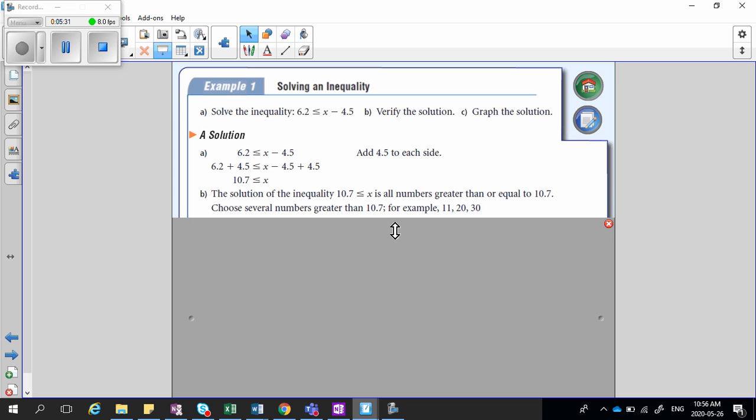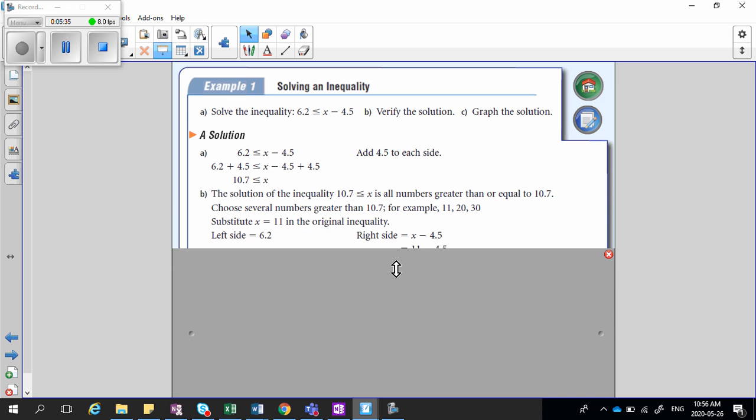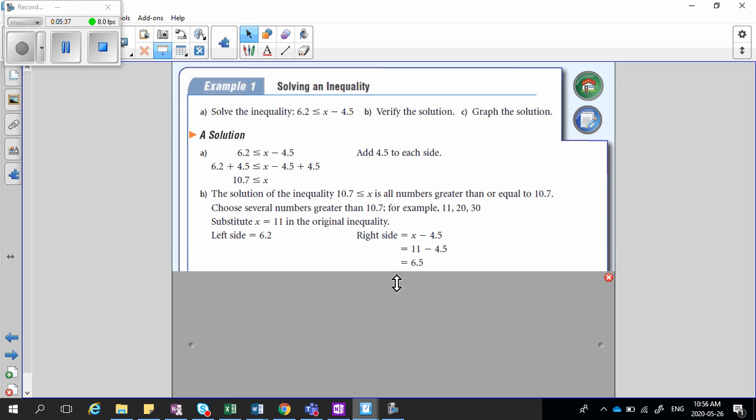That means it could be 11, it could be 20, it could be 30. Those are all possible answers. To verify that, you pick any of those answers you want, anything that's greater than or equal to 10.7. Here they said we're going to pick 11. So our left side is